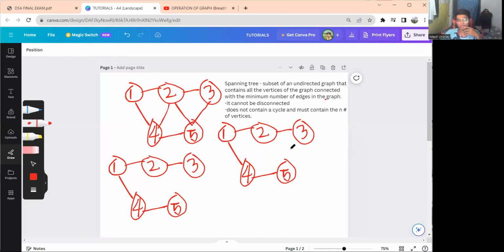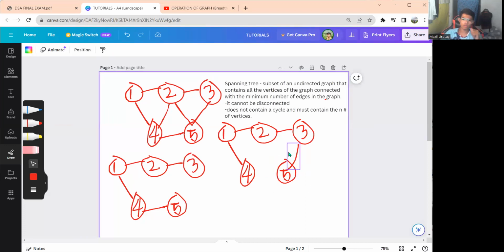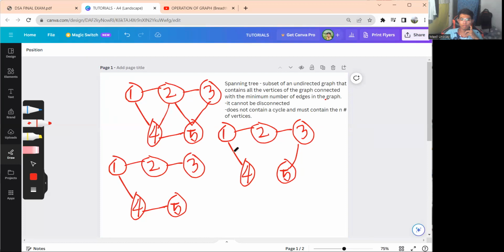As long as it does not cycle, class, that is a spanning tree. Minimum spanning tree. Okay. This one is also a minimum spanning tree. As long as all of the 5 vertices are connected, and as long as it does not cycle, that's perfectly a spanning tree. You can also